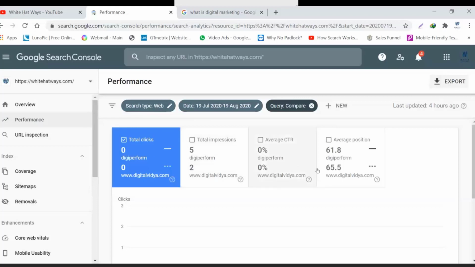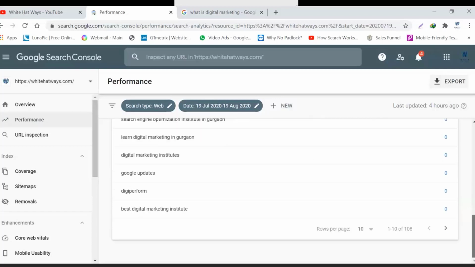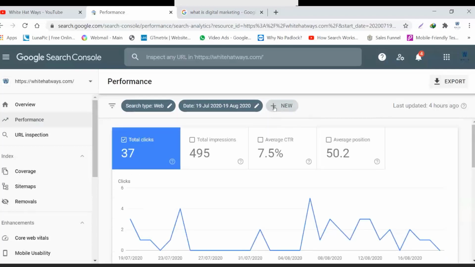So you can see the average positions, and this is how you can compare between the search queries also to see which one is better off. But both of them are into digital marketing training only, and both of them are quite good institutes. So nothing at all is concrete for me at least. But I could gauge that both the queries were there.